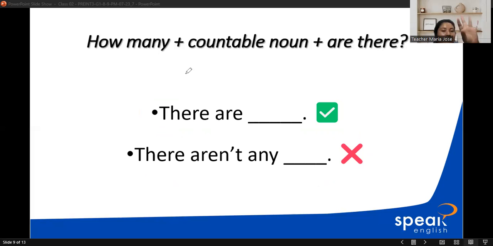Okay, remember, countables means I can use numbers. Any means nothing. Okay, we don't have this. Okay, so there aren't any tomatoes. So no tomatoes in the house. Okay, no tomatoes. There aren't any bananas. No bananas in the house. Okay, so when you use any,